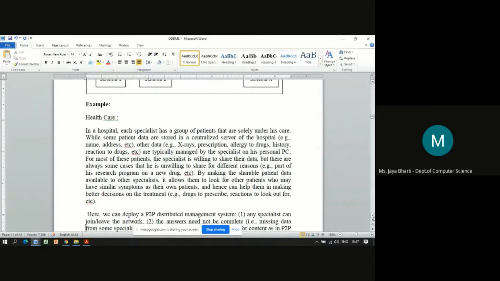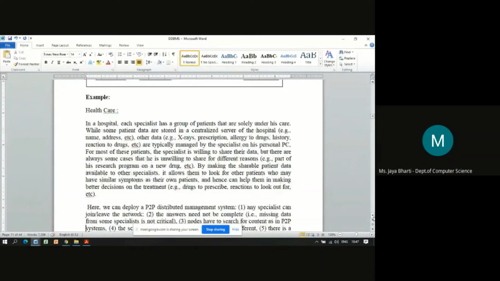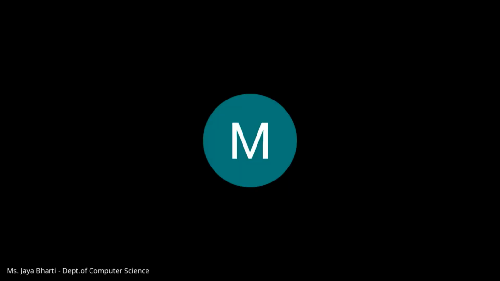Now this example is from the healthcare institute business. In a hospital, each specialist has a group of patients under his care. So every doctor or specialist has some group of patients whom he is observing.